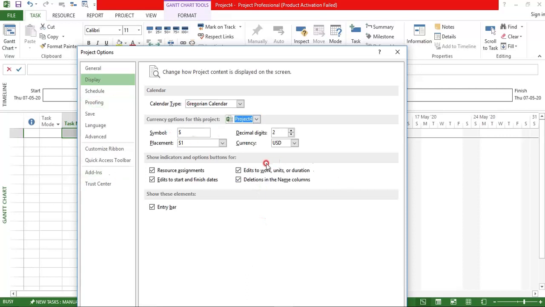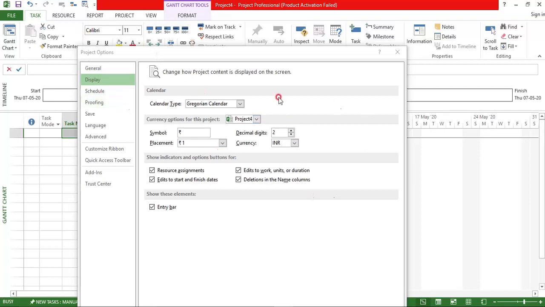Here you are able to see the currency is US dollars, but we have to make it Indian rupees. I also mentioned you will be using the currency of the country where you are working on the project, or for whom you are making the plan. So I'll be making INR. So yeah, now it is Indian rupees.